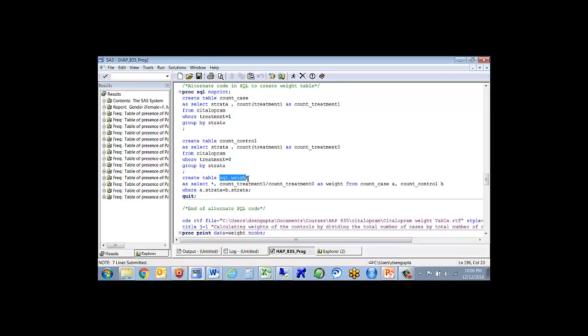Lastly, I'm going to create a SQL_weight table where I am selecting the variables from these two tables that I already created, count case and count control, and I'm dividing the number of cases by the number of controls as weight. So if you run these three,